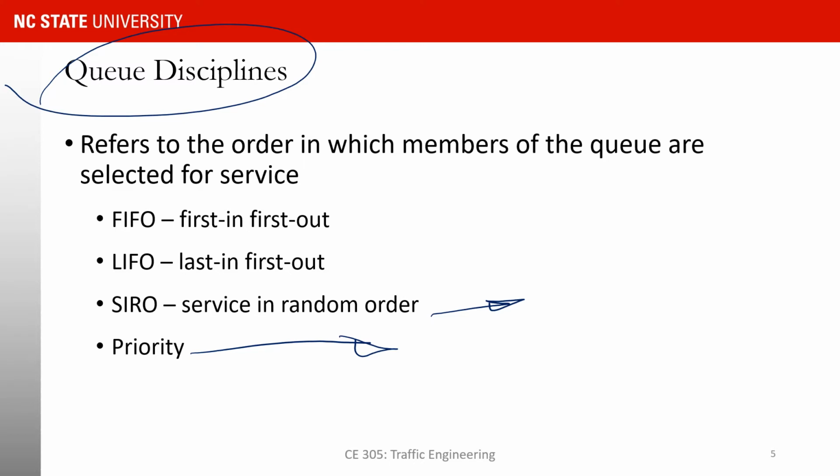And of course, you can have priority, and there are several examples for that. I mentioned COVID-19 vaccination, which is based on priority. If you belong to group 1, 2, 3, or other groups, that is going to determine when you're going to receive the vaccine. Now, when your group is called and you are in, let's say, a vaccination site, then it is first in, first out. The first person that arrives there is going to get the vaccine first. But before that, there is a priority discipline that you need to be in a certain priority to receive the vaccine.